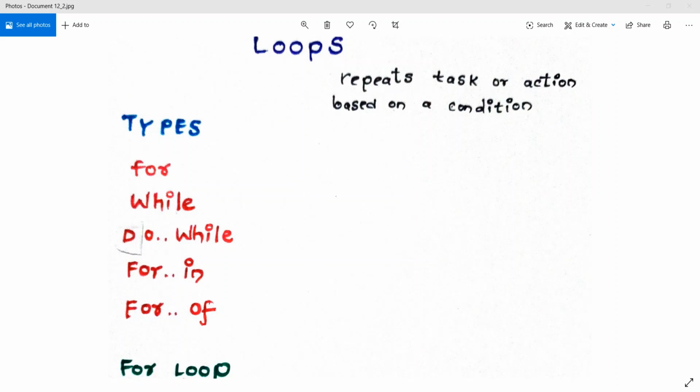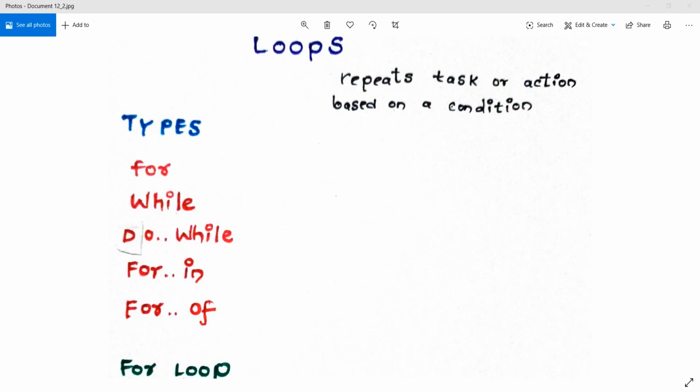They have given the condition as 5 times. So if the user has not entered the correct password within the 5 times, then control flow will stop at that point. It will come out of that loop, and after 30 seconds the same process repeats. This process will go on until the user enters the correct password and the phone unlocks. So in general, this is the concept of loops in a real world scenario.